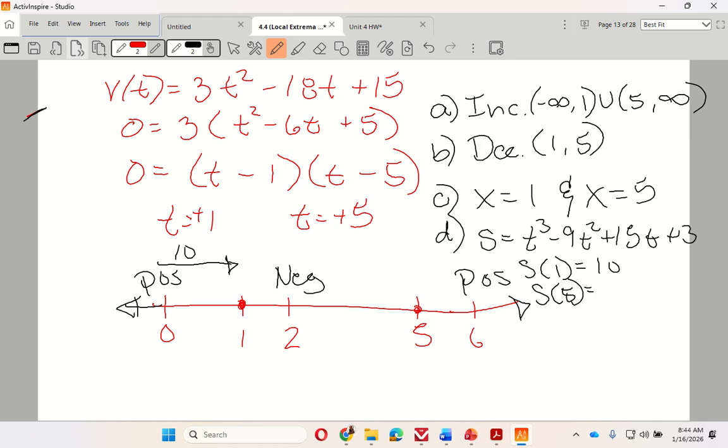So that means that right here, I went 10 this way, and from 1 to 5, I end up going this way. Why is it negative 32 if I just said it was 22? Why did I put negative 32 when I said it's 22? Because